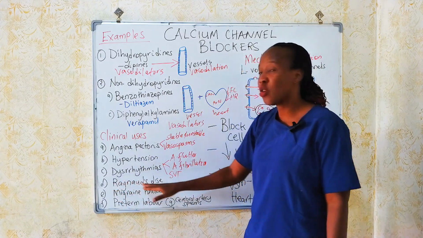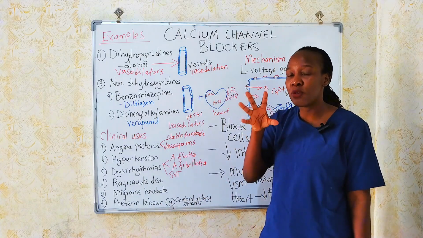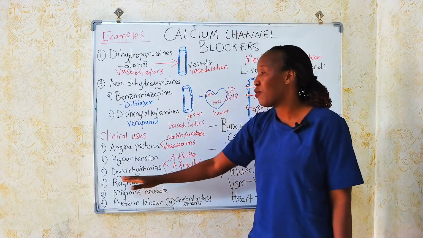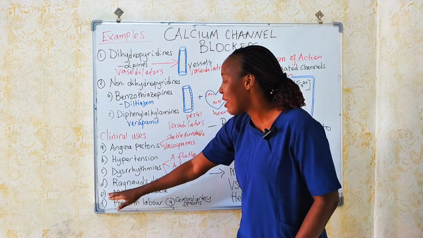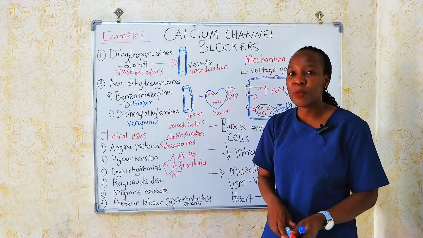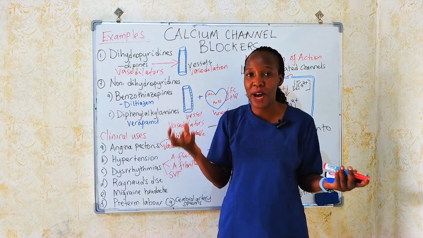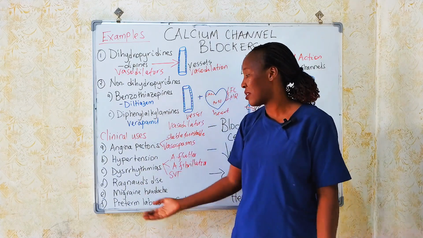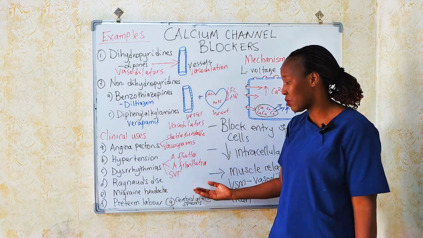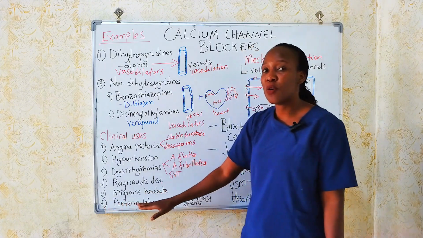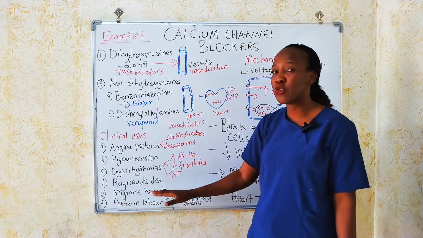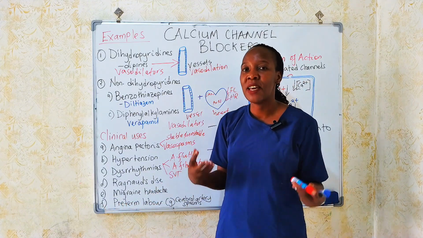So calcium channel blockers help to dilate those vessels so more blood can flow to the extremities. Another indication is in migraine headache, because during migraine headache, it's believed that the vessels are also undergoing spasms and the calcium channel blockers are going to relax those vessels. We can use calcium channel blockers for preterm labor because those drugs are as well going to relax the uterine